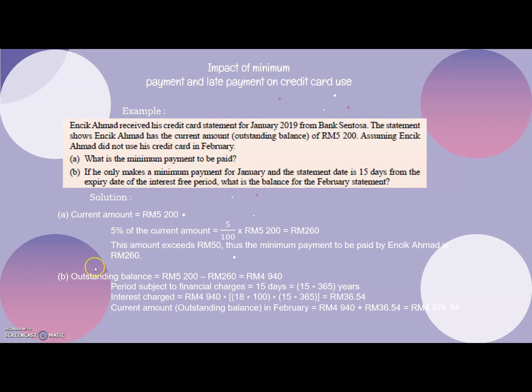What is the solution? Okay, the solution for this question is, as we know, the current amount is 5,200. First find the interest. The minimum payment that has to be paid by Encik Ahmad is 5% of the current amount, which equals RM260. So the amount exceeded RM50, that's the payment to be paid by Encik Ahmad, RM260. And then the outstanding balance is 5,200 minus the minimum payment, which equals